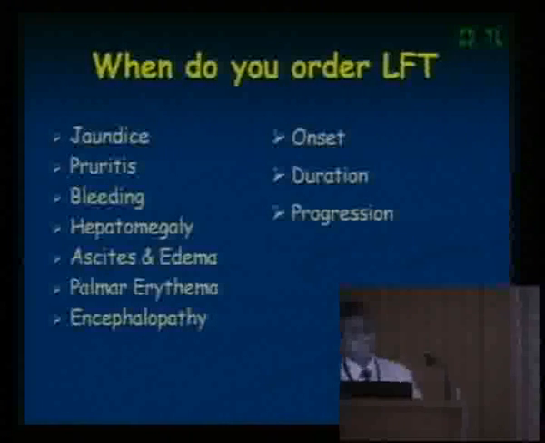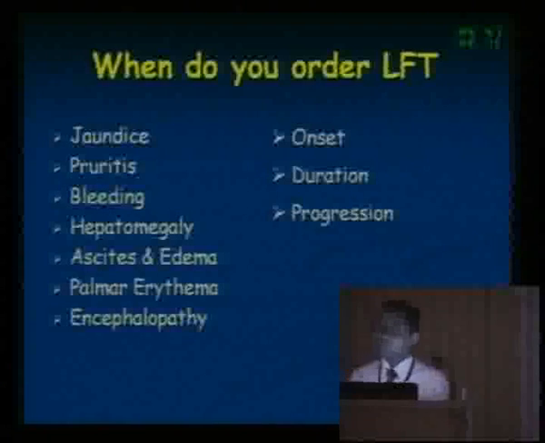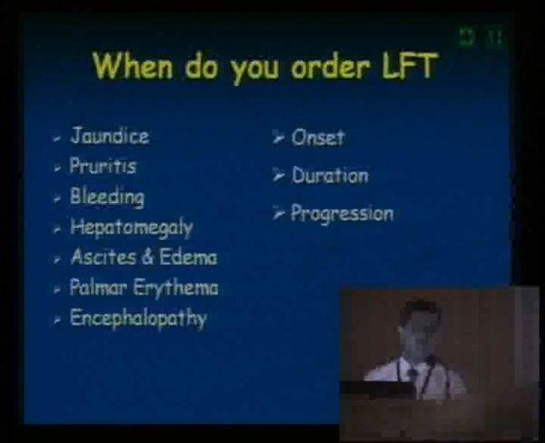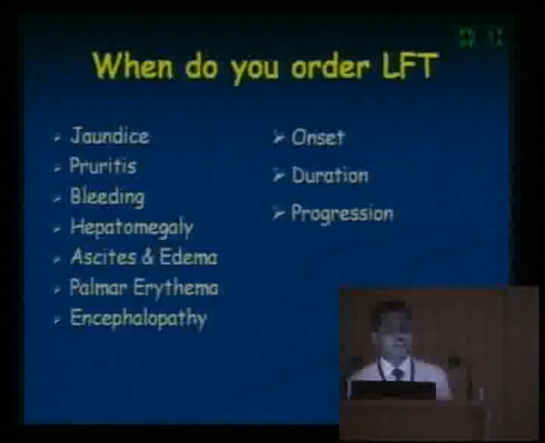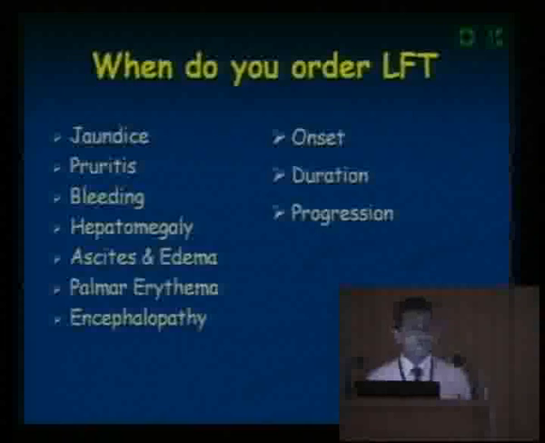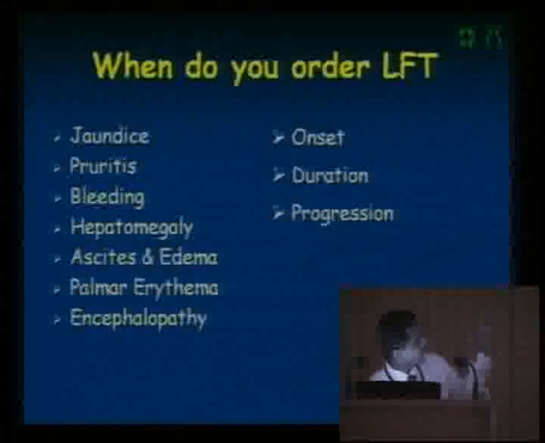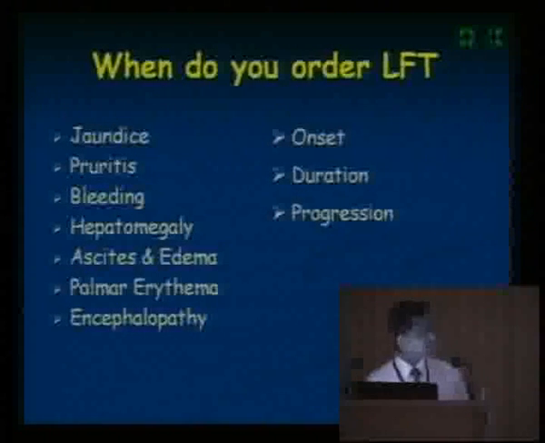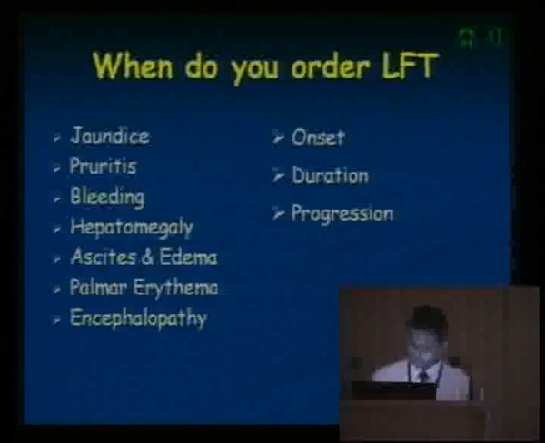What is important in each and every disease is what symptoms and complaints the patient has; go by onset, duration and progression of the disease. If you go by these three, then you can conclude what the patient has, what the primary disease is, whether it is related to the liver or not. If you take all these clinical signs and symptoms together, then we can surely say it's more specific to the liver. If you take just one symptom, it may not be related to the liver.